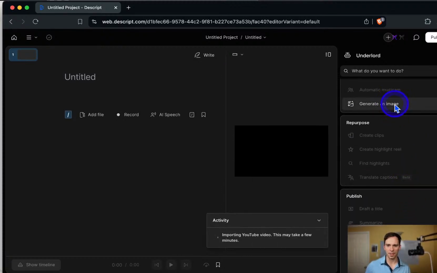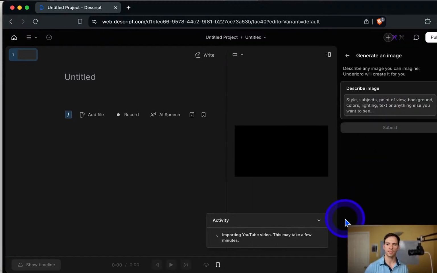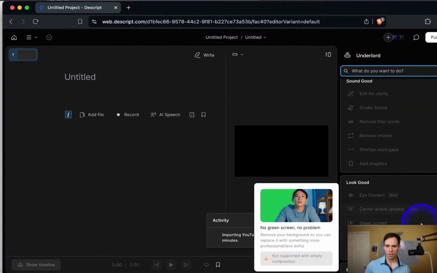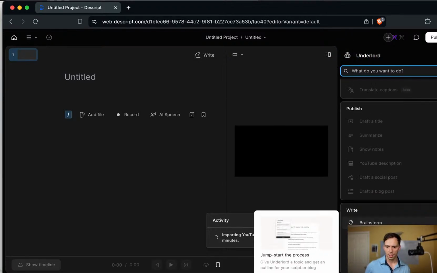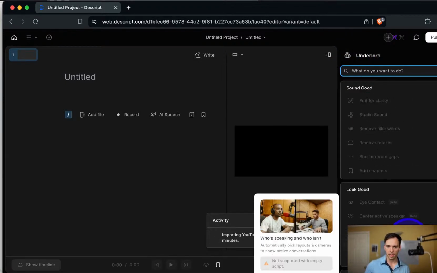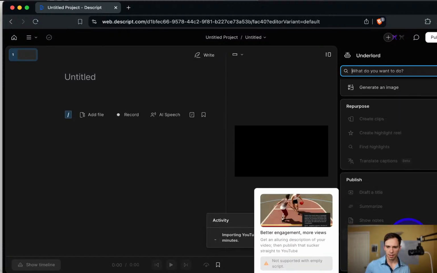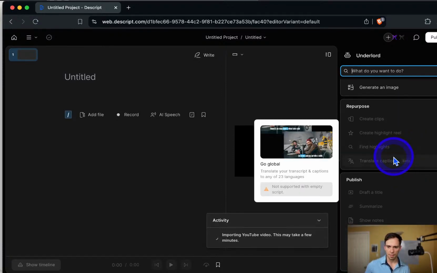And yeah, the Dolly thing was broken for me the first couple times I tried to demonstrate it on a live stream, and it's been working lately, so that's good. Does a good job. Brainstorm, write a script, outline. Nothing different there. The translate captions thing is pretty cool, but